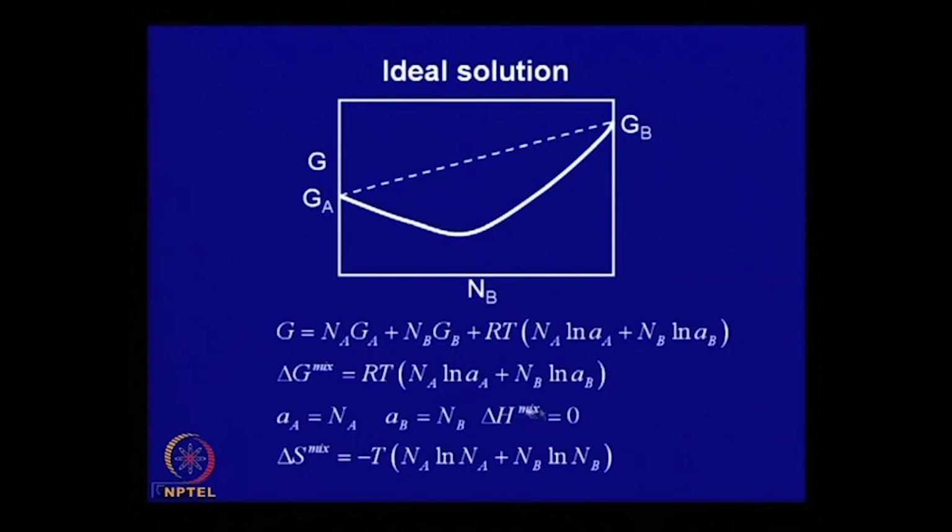That means if you mix the two, there is no temperature change, so no heat is evolved or absorbed. So delta H, or enthalpy of mixing, is 0. Therefore, this term represents the entropy contribution, and this is called the entropy of mixing, which is equal to